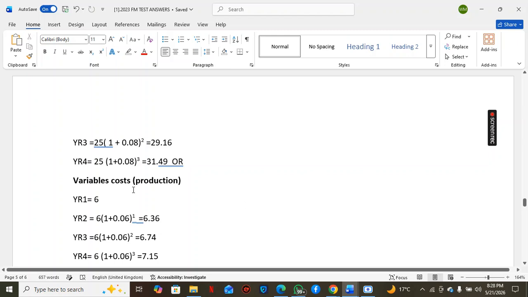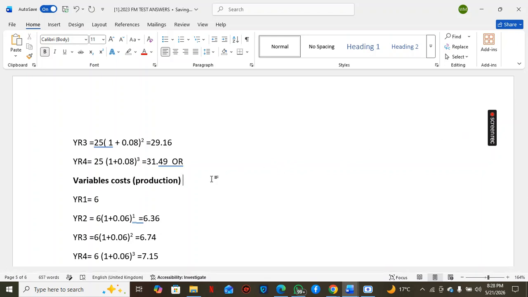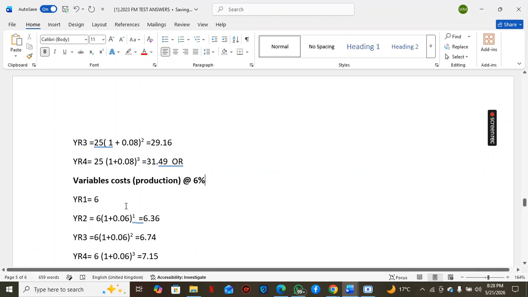They told us these are going to be increasing at 6%. So year one, it is 6 kwacha, the variable cost. Year two, this 6 kwacha increases by 6%, which is